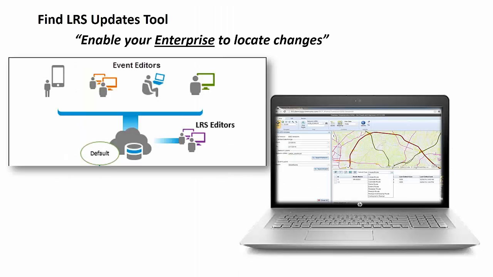So first up, we have our Find LRS Updates tool. We are all aware that Roads and Highways design technically separates the event editors and the network editors. The events are edited through the web and the network edits are performed through the desktop. This is also the case in most DOTs. Business units are separated from the core network editors. However, this does create a bit of a communication divide. As Roads and Highways is rolled out across the agency, communication about these changes typically flows back and forth between the core network editors. Our solution is really trying to address that communication gap.